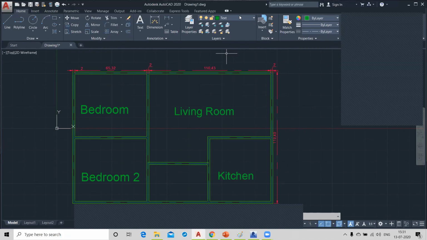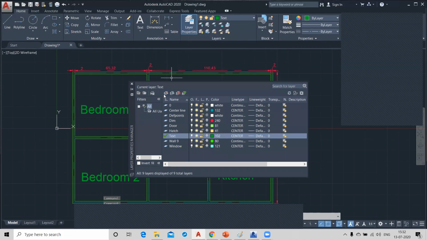So you can place furniture also. If you have a furniture layer here, you can use it. Now you need another layer for furniture, right? But you don't have a layer for furniture here. No, sir. You can click on layer properties and create a new layer named furniture. Right?